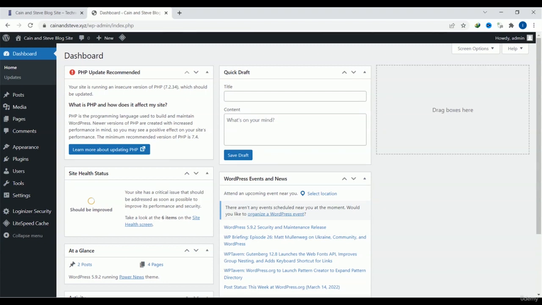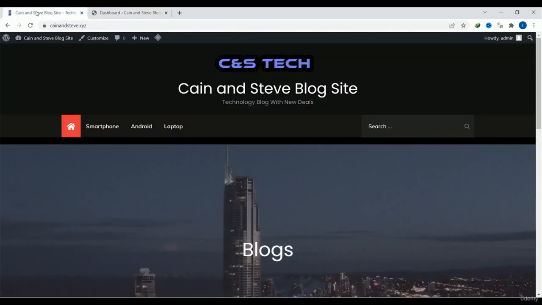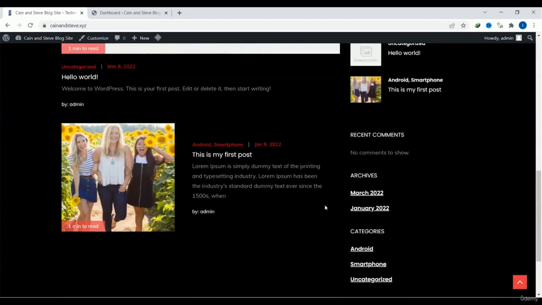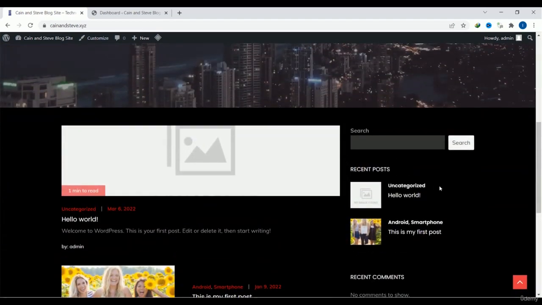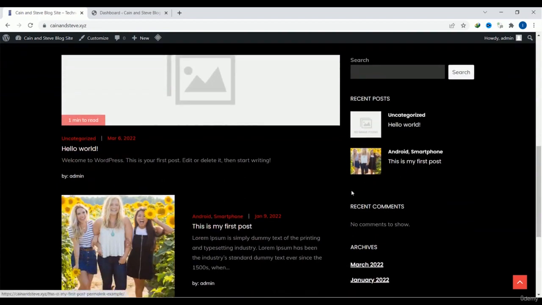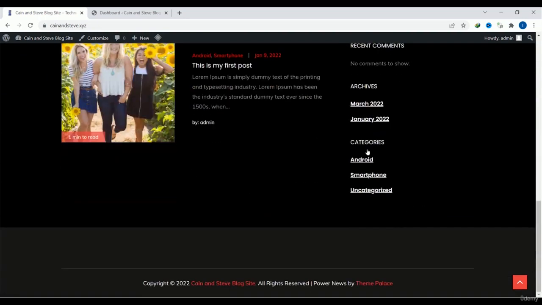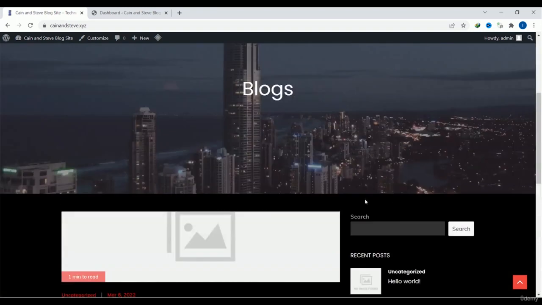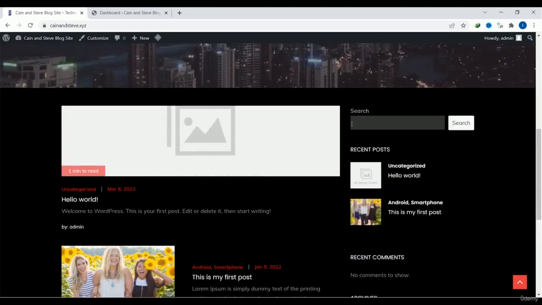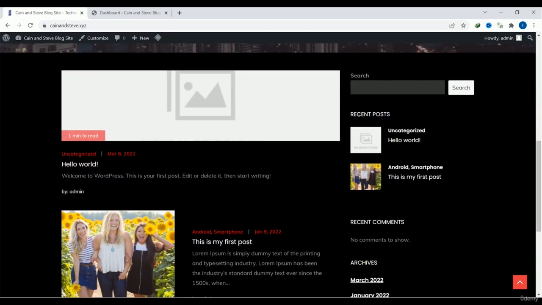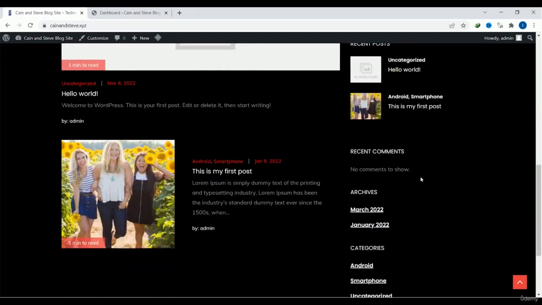So at first you need to know what widgets are. Let's take a look at our main site, and you can see over here on the right side we have recent posts, recent comments, categories, archives. These are widgets in our right sidebar. Likewise, we have a search bar, recent posts, and recent comments, and